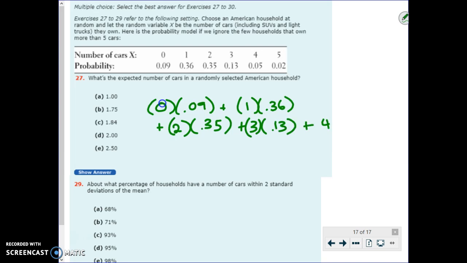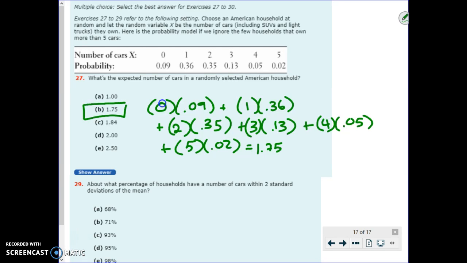The probability of having 4 cars is 0.05 or 5 in 100. And then finally, the probability of having 5 cars, well, that's 0.02. And we would take all those and add them together, and we would get 1.75 for the expected number of cars in an American household. So that's the average number of cars, or the expected number of cars for an American household based